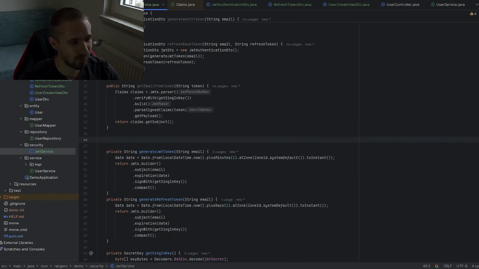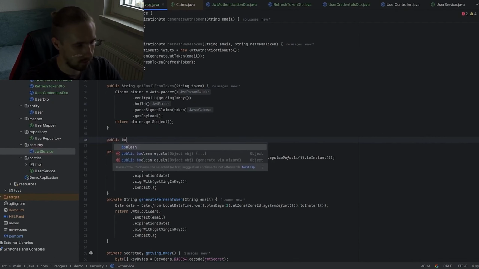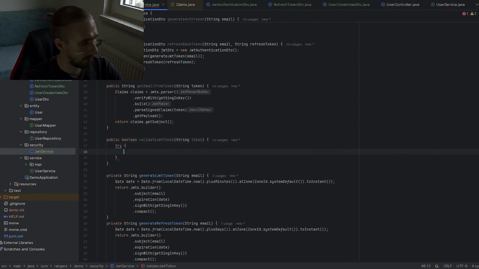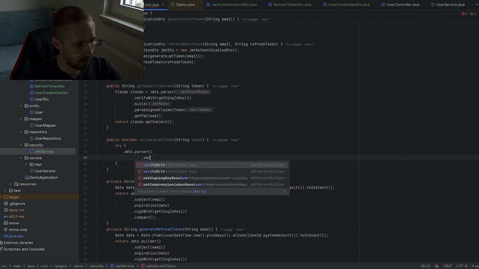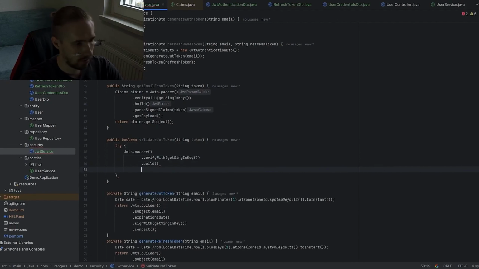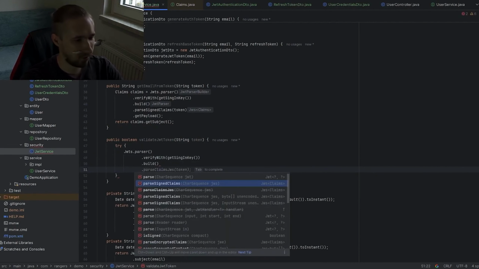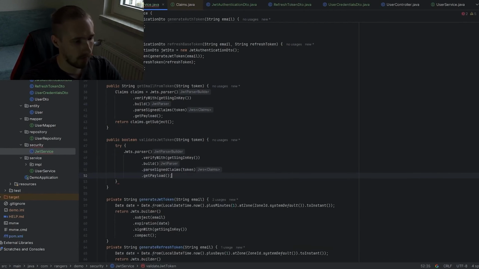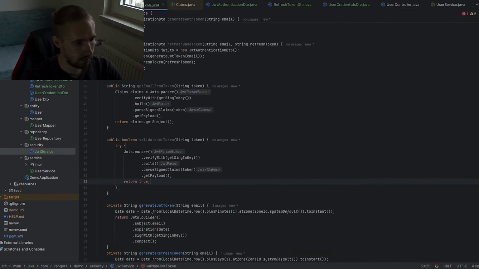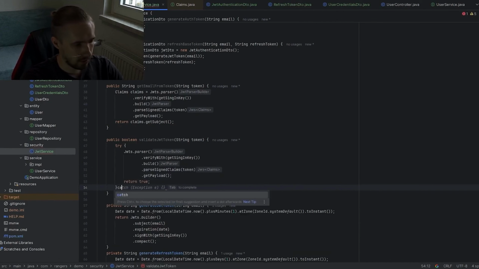We are not done with the JWT service yet, which is why I said it's better to start with it. It is one of the most loaded. Now let's write a method that will check if our JWT token is valid. Public boolean validate JWT token, correctly using try catch. Try Jwts.parser.verify token, correctly build, return true, catch ExpiredJwtException e,